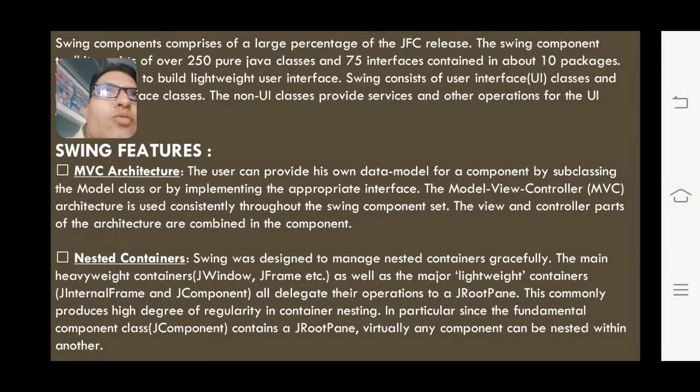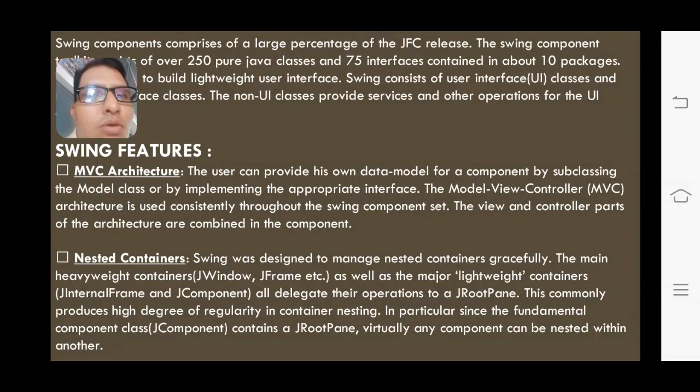So the user who is developing an application can provide his own data model for a component, by subclassing the model class or by implementing the appropriate interface. So he has a choice to decide his interface, right? It is like setting a pattern for security, or when you swipe your user interface in your Android phone, it gives some styles, right?